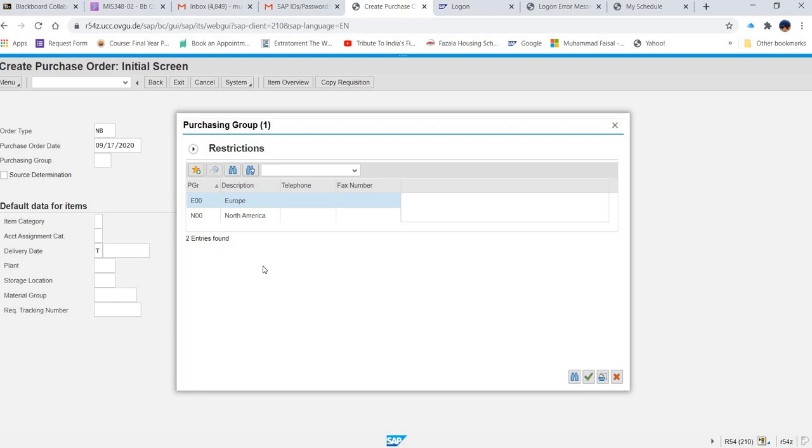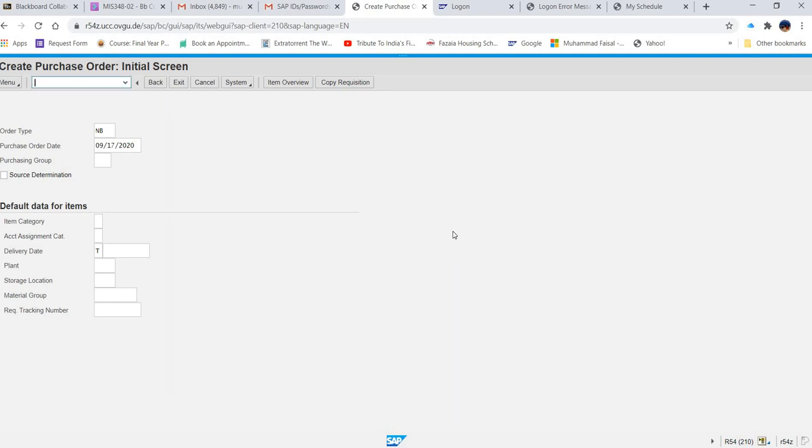So that is a more interactive help. And with F4, you can find some data that is unknown to you. You know some part of the data, but you don't know the rest of the data. So you can find that by using F4. Let me just see what else we have in the exercise.